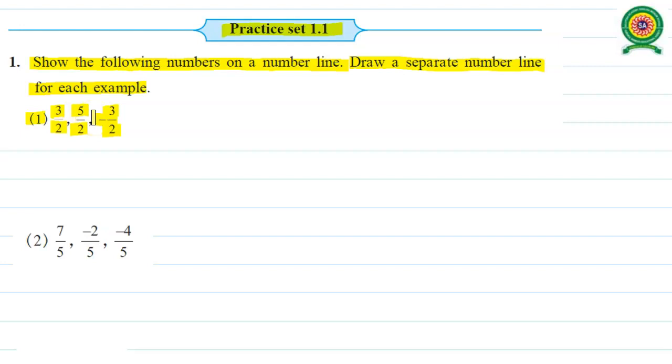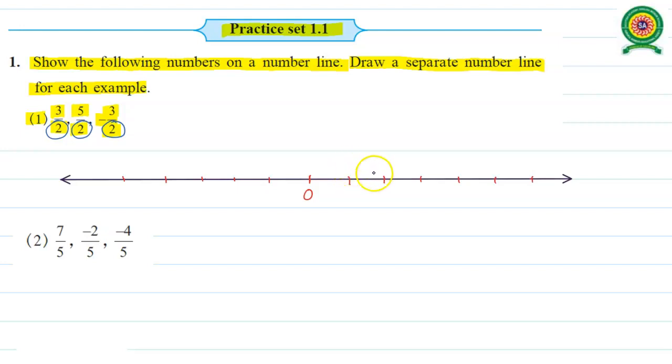So let us try to draw a number line. On a number line we have a null point or a starting point as 0. Put a 1 centimeter mark towards the right of 0 and a 1 centimeter mark towards the left of 0. Now we have to divide each unit place into two equal parts, because each rational has the denominator 2. So we decided to divide each unit place into two equal parts.